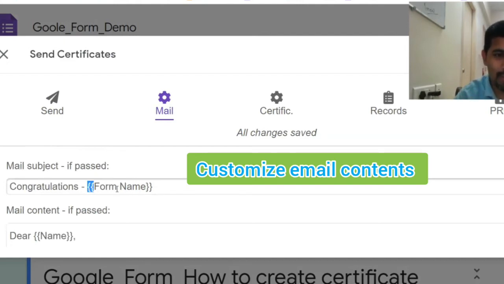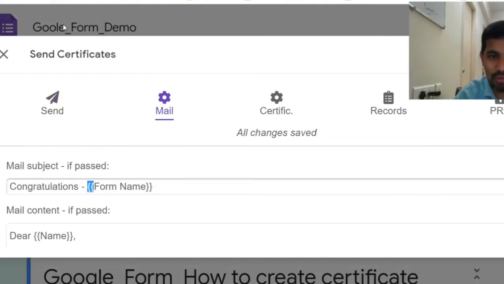For example, the form name is Google Form demo. If you change that to Google Form certificate, this time the certificate will contain the words Google Form certificate. Like this you can do.